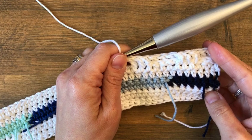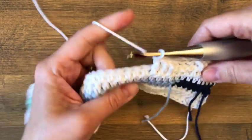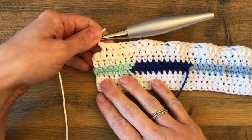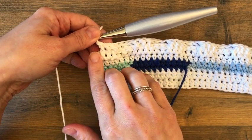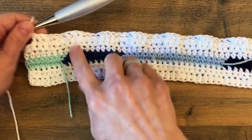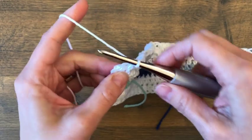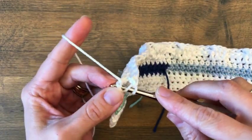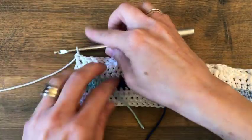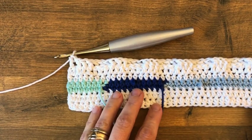Okay, now repeat those 6 stitches across until you just have 1 stitch left on the end. Okay, we're here at the end of row 7, and we have 1 stitch left. We're going to put a regular double crochet. You can see our front post stitches here and our back post stitches here. So when you have 1 stitch left, it's going to double crochet in that. And then turn your work, and we're ready for row 8,